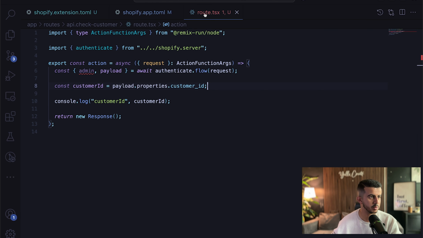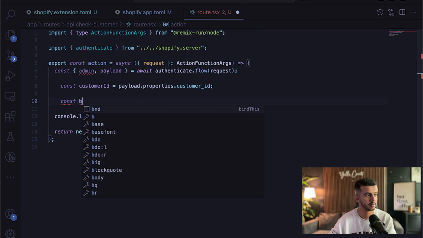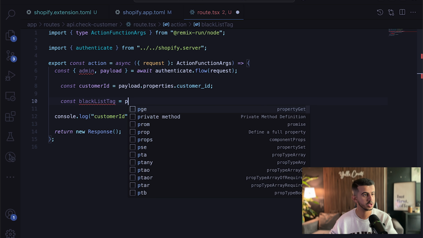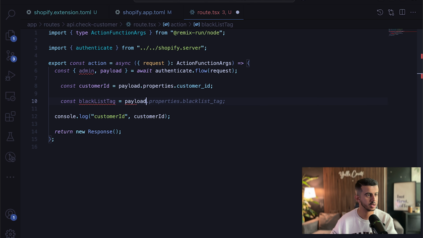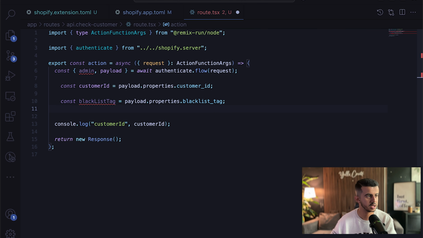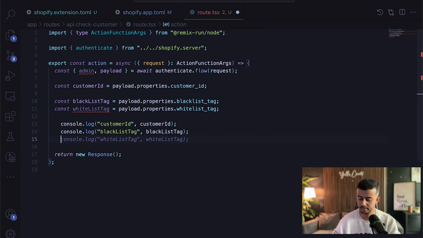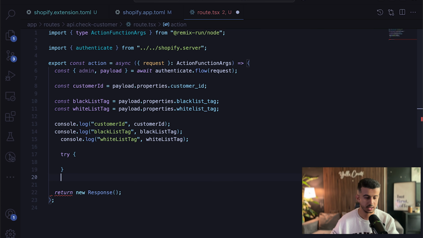So we will get the blacklist tag, which in this case will be payload.properties.customer tag, the same for the whitelist. And let's log them here, and let's have the logic to get the customer email, because we already have